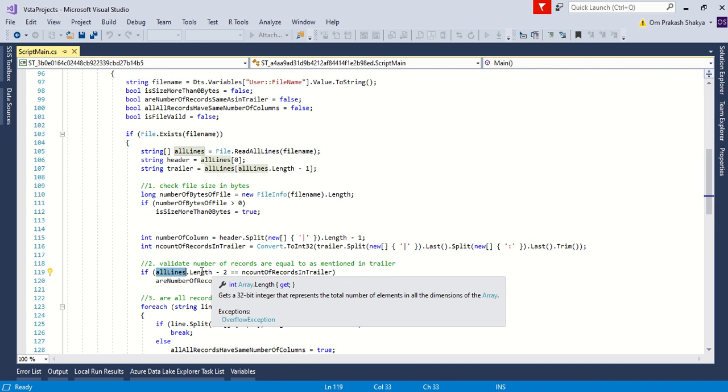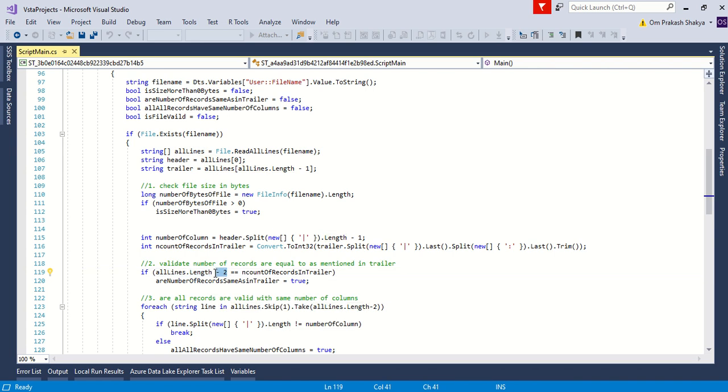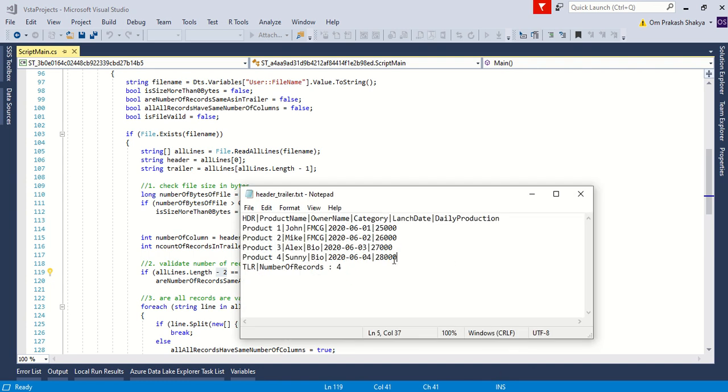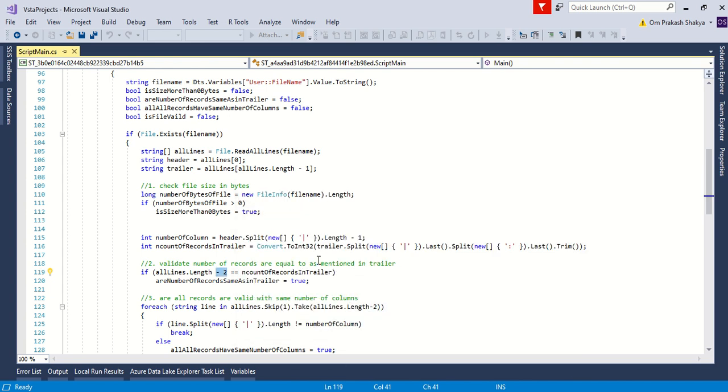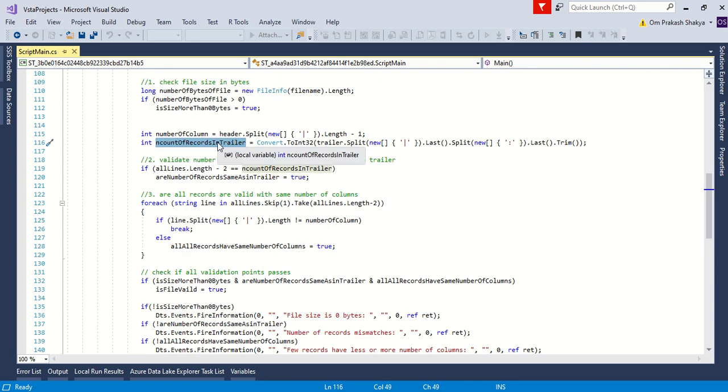All lines dot length minus 2. Why? We are excluding the header and trailer, so the records lines are only there. So it is counting these lines, and we are comparing this equal to the number of records in trailer that we had calculated, extracted and stored in a variable. If this is true, then assign this value, r number of records same as in trailer,